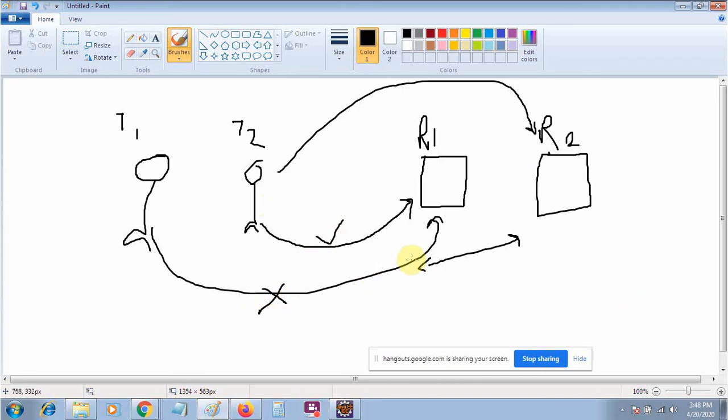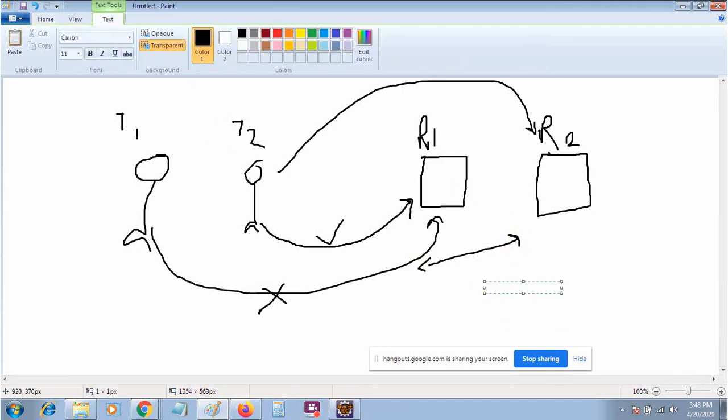Basically, the StringBuffer class is a synchronized class. It is synchronized, and that's why it is thread safe, meaning you can apply threads over it.